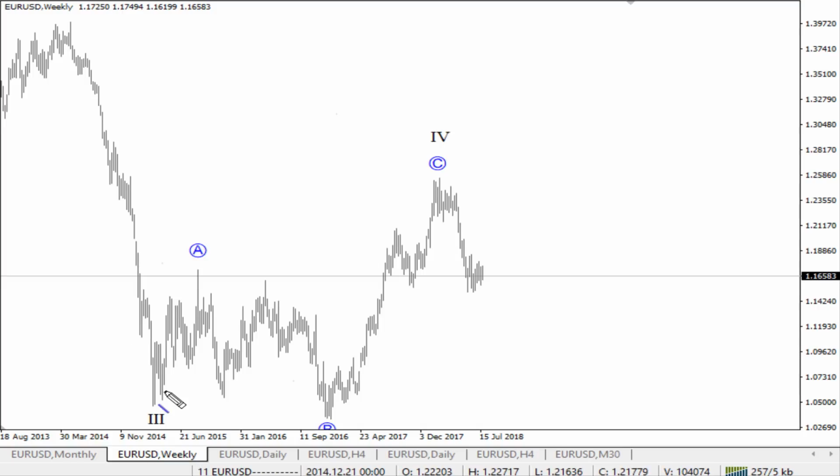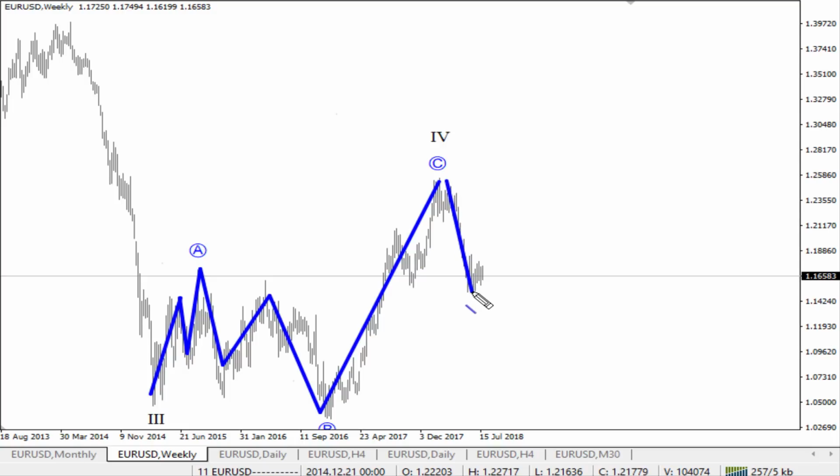Now this is a closer look at the flat correction: a 3-wave leg for wave A, then 3 legs down for wave B, and a 5-wave movement up into wave C. And what is really interesting is that this reversal to the downside is looking quite aggressive, okay. It's not slow or trapped in some kind of limited trading range, but actually a very aggressive move to the downside. So my thinking is that this is actually the personality of an impulse,